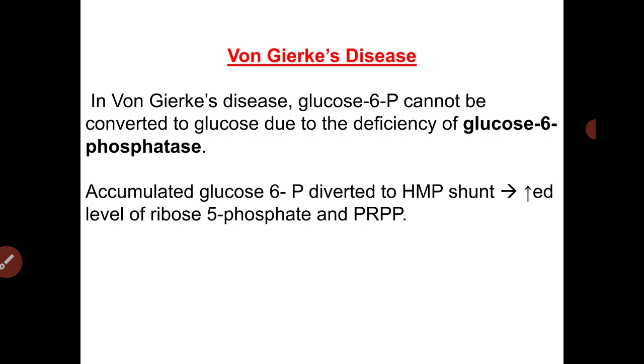Von Gierke's disease is due to deficiency of the enzyme glucose 6-phosphatase. So this enzyme will convert glucose 6 phosphate to glucose, which is then utilized by glycolysis. So deficiency of this enzyme will lead to accumulation of glucose 6 phosphate. Now glucose 6 phosphate is shunted to HMP shunt pathway for the production of ribose 5 phosphate. Ribose 5 phosphate is then activated to PRPP. PRPP, which is the substrate for the synthesis of purine nucleotides, is then utilized. So increased purine nucleotide is synthesized. On degradation, it produces increased levels of uric acid in blood.